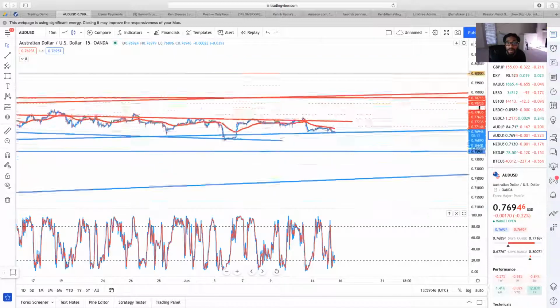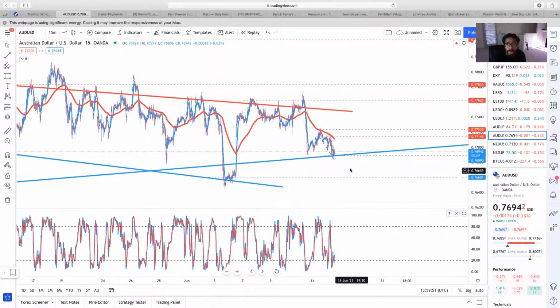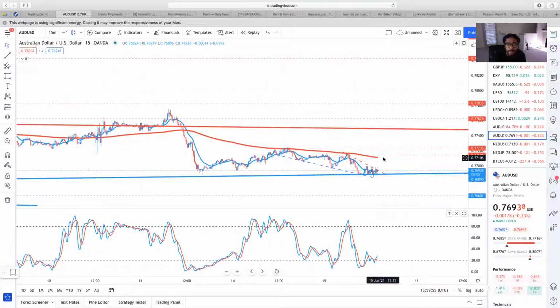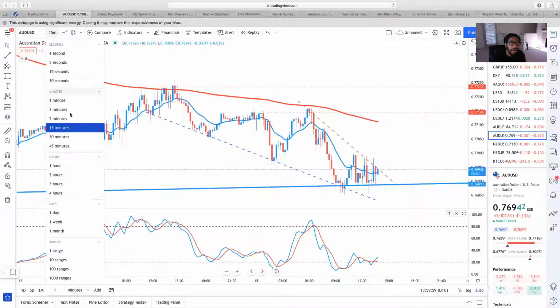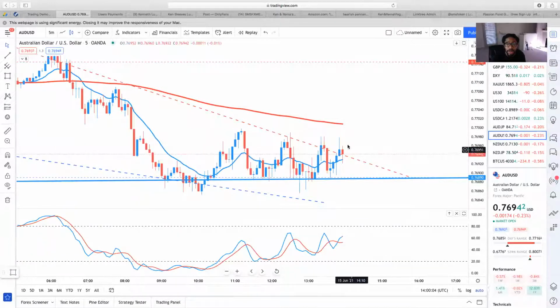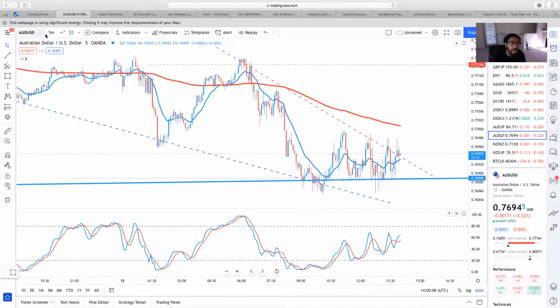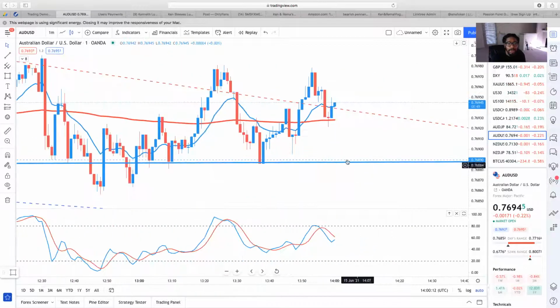So me personally, I'm set up for this pair, right? Now I am set up to make any type of trades that I want off of this pair. And if I wanted to scalp, I can go down and scale in. I can say, all right, price breaks here, and then I can take it to here, or take it to this next level. Then we can scale down to the 1 minute and see, all right, what is price doing?